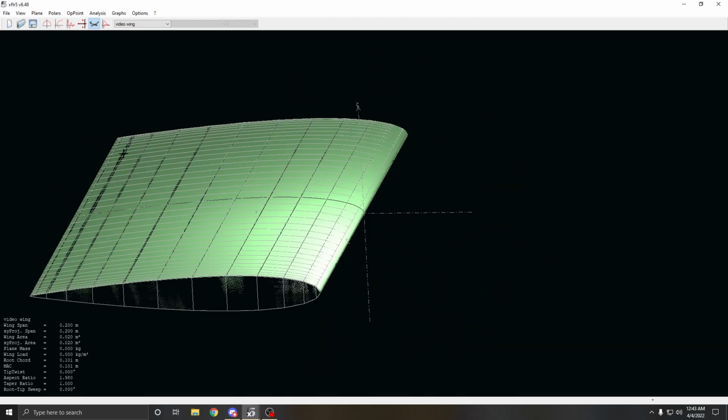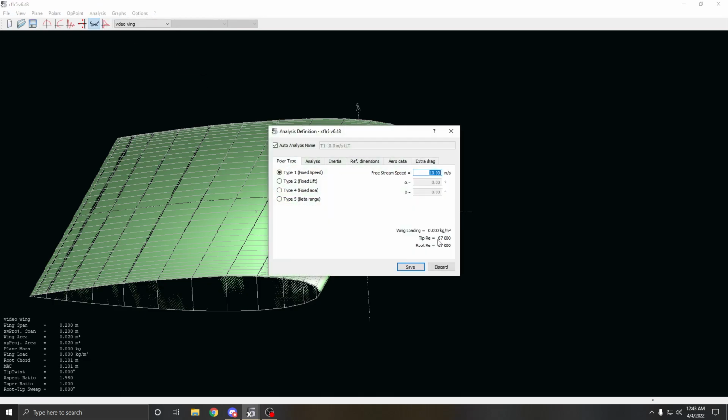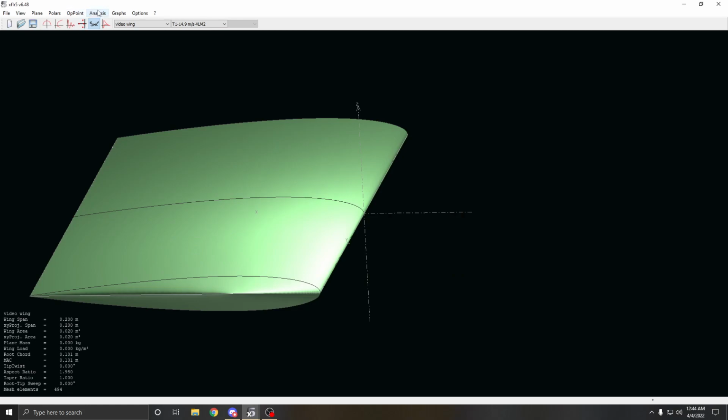So now what we need to do is go to define. He wanted Reynolds number to be 100,000. I'm not sure about this, because I couldn't figure out if I could change it. So at 14.9 meters, we found that the tip and root Re is 100,000. So the best way I was able to get convergence is with the ring vortex analysis method. So that's what I'm going to use. Hit save, and now